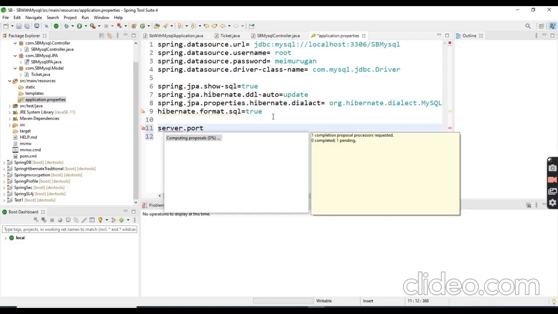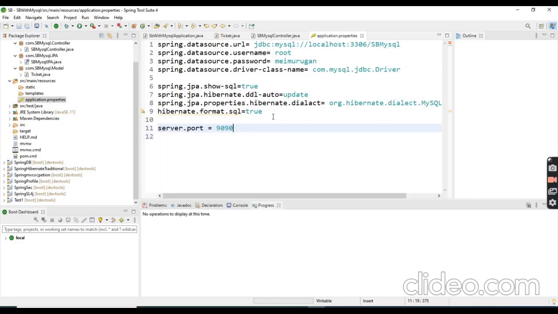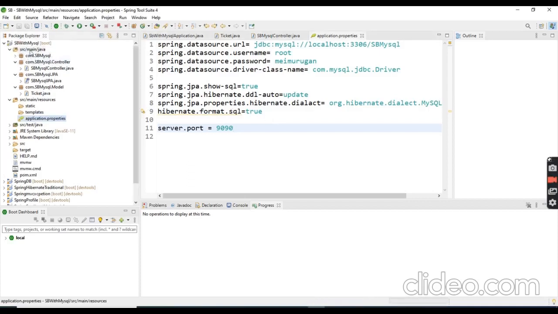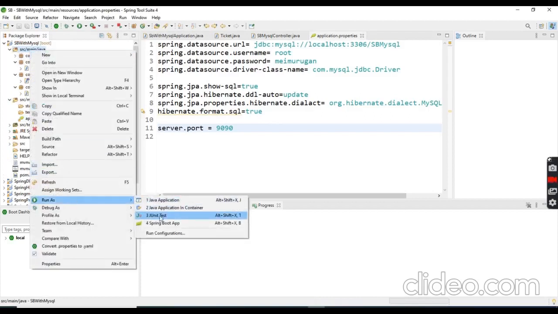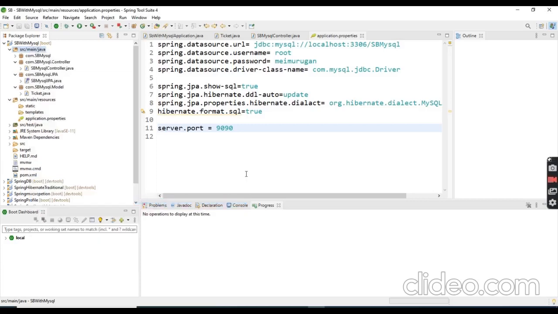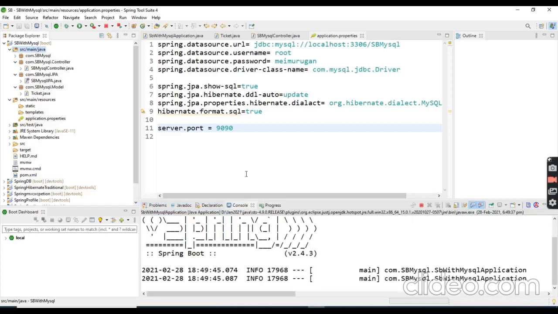Okay, now let's start the application. Before starting, it is better to change our Tomcat server port. Its default port is 8080. We are changing the port to 9090. So let's start our application. Run as Java application.